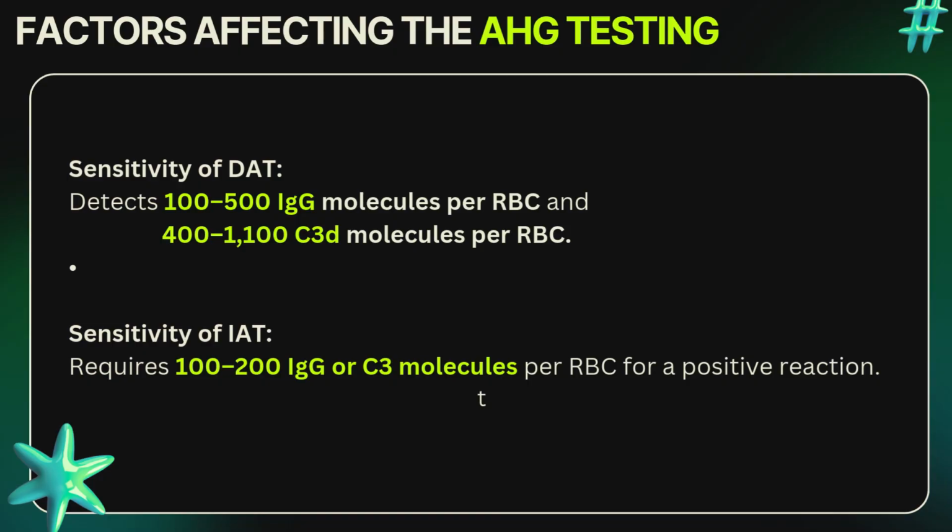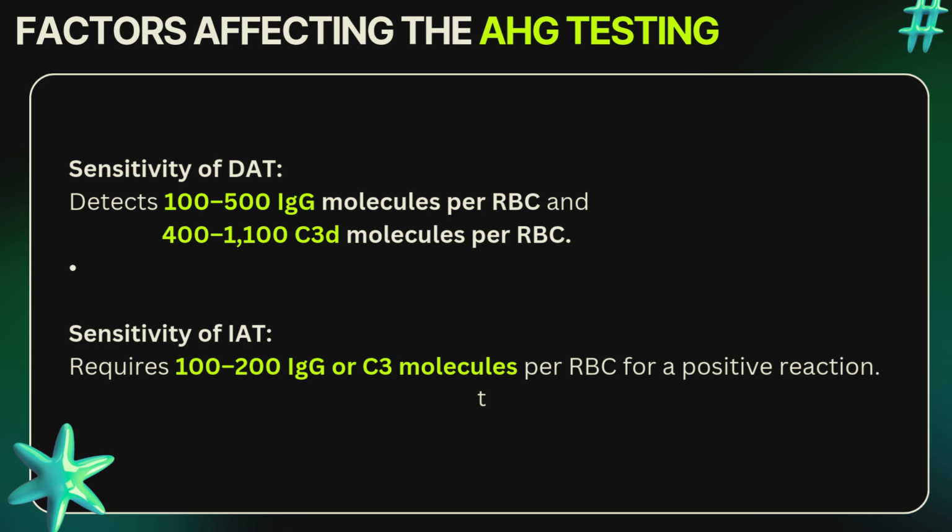And then, let's look at the factors affecting the AHG testing itself. It's important to highlight their capabilities in detecting molecules on red blood cells with the DAT and IAT. The DAT can detect between 100 to 500 IgG molecules, or 400 to 1,100 C3d molecules, per red blood cell. So this makes it a powerful tool for diagnosing conditions related to